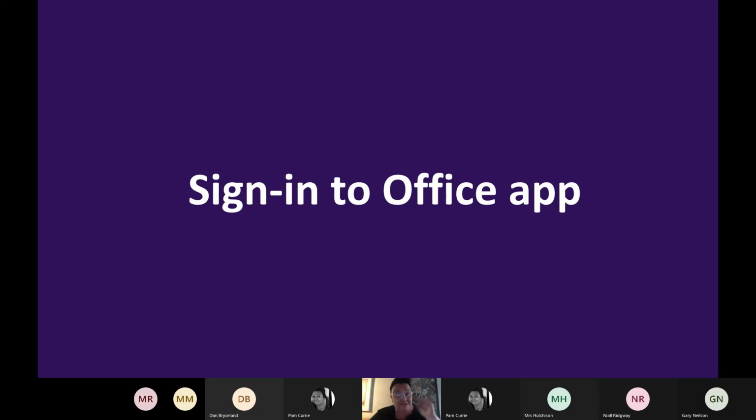With all the mobile apps that we're going to look at today, the key thing is, and it's a bit of a pain the first time you have to do it, but you do need to sign into them all individually. You can't just sign into the iPad in the lobby. You have to sign in individually to each app. But you do that and you're in. And yes, you might have to refresh that every so often, but generally you sign in, you're in,